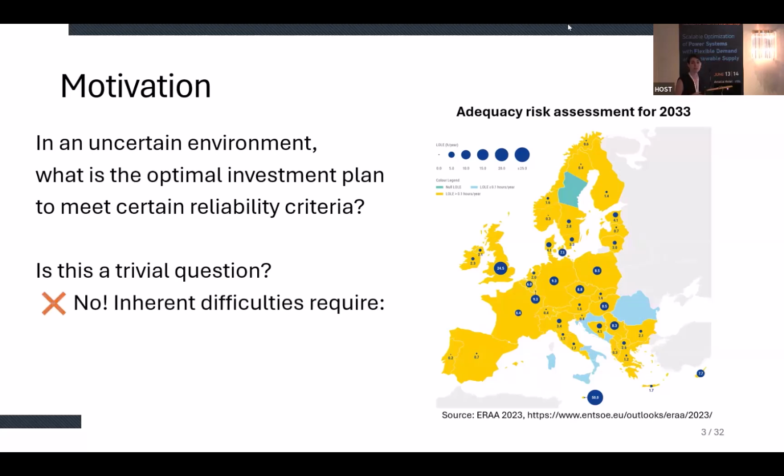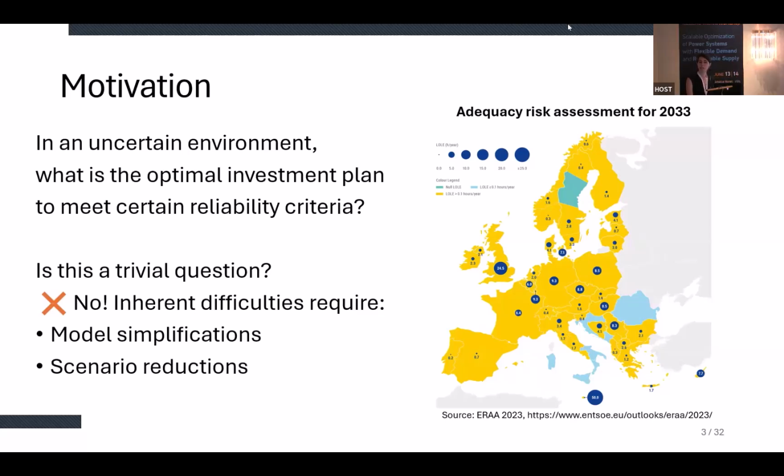So there are inherent difficulties in approaching this problem, and in the literature there have been proposed approaches, of course, a lot of them based on Benders decomposition. But in general, what we see is that they are implemented in models that are definitely smaller in size, and not, for example, a model as large as the whole of Europe, or they are combined with some scenario reduction techniques, or maybe they consider reliability only for a worst case scenario. So if we want to tackle this for a large scale model and for a lot of scenarios, then at least from a research perspective, there is something to say here.